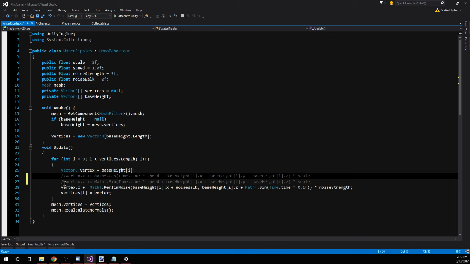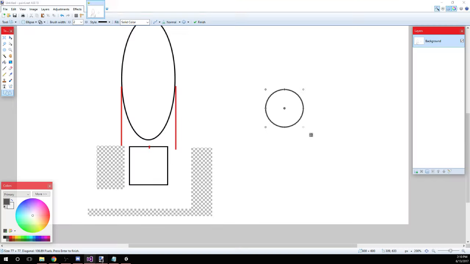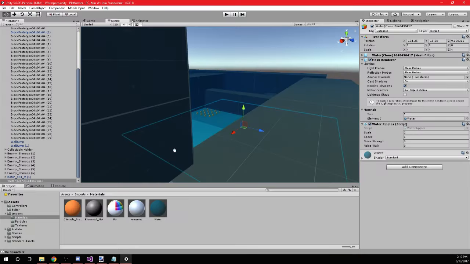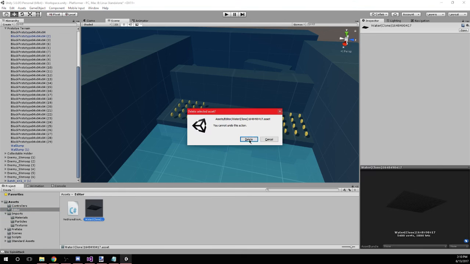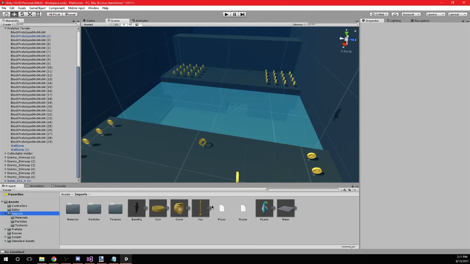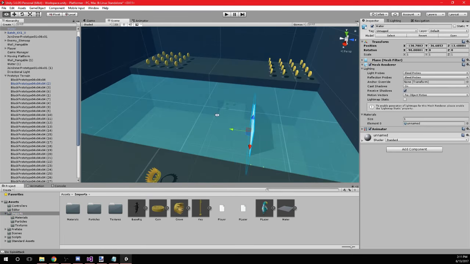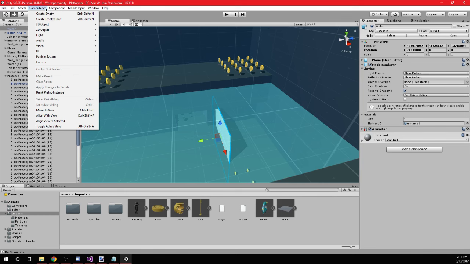I don't know. I got a new solution though, so I don't have to worry about this. I'm just going to delete this object. It creates a reference to it in the editor, like so. Not a reference, but an actual mesh of it. So if we go to our imports and drag in water, and we leave it at -90 and then do the no shared vertices,